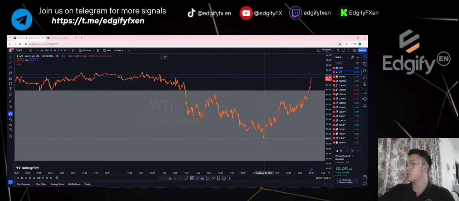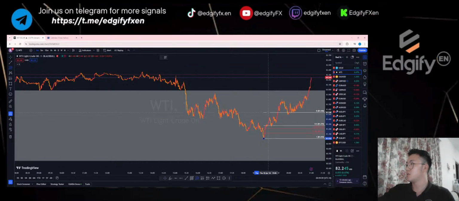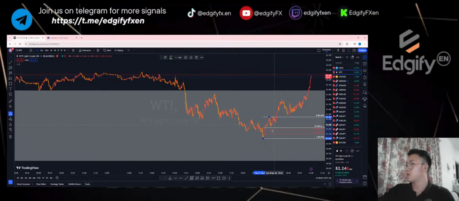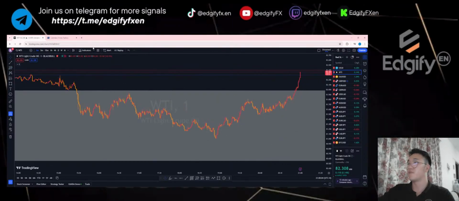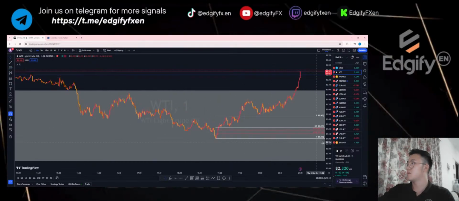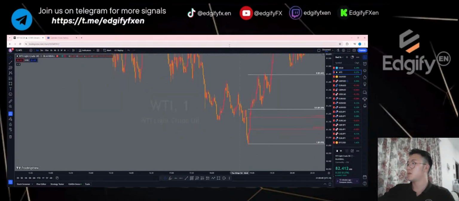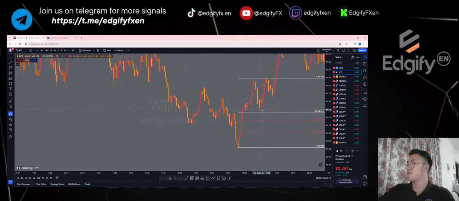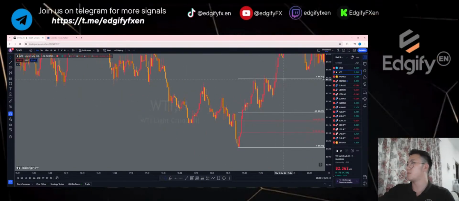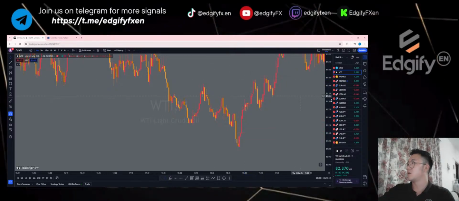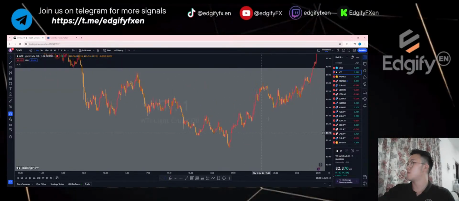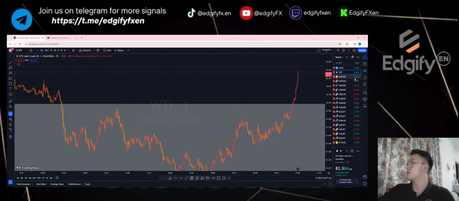And this price also didn't actually give us the possible entry. It barely tapped into the 0.5 and it just went up like crazy. It has left and it's still ongoing.